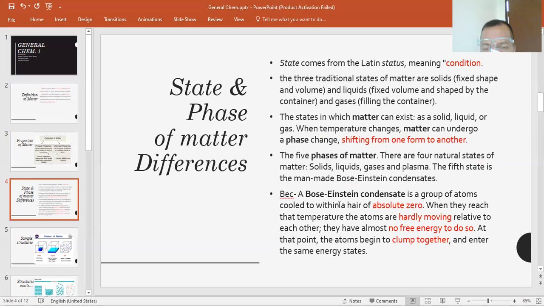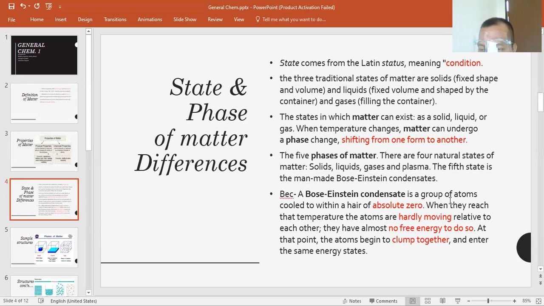There are 5 phases of matter. Actually, there are 4 natural states: solids, liquids, gases, and plasma. But the 5th state is the man-made Bose-Einstein condensate. We are familiar with solid, liquid, gas, and plasma, but this one is